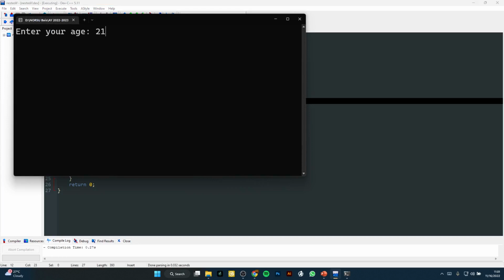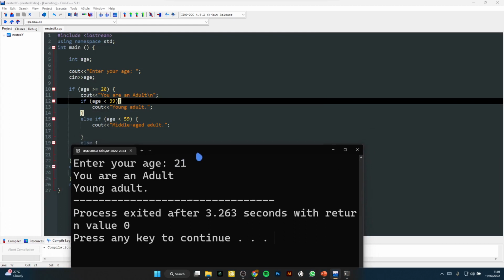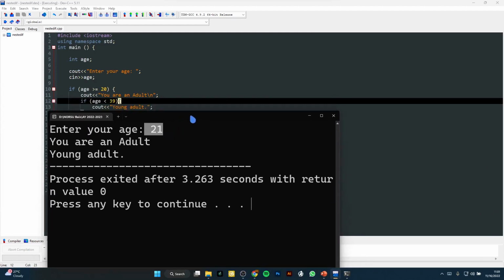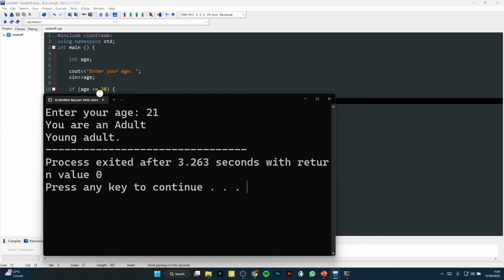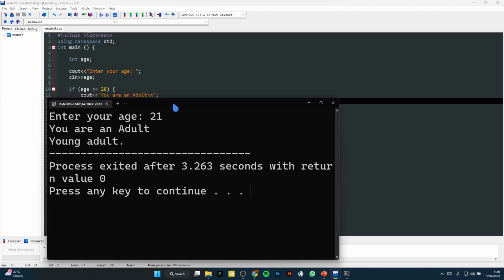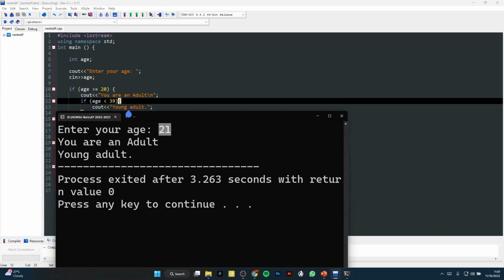Alright. It says here, you are an adult. It says here young adult. Let's test. Our age is 21. Is 21 greater than or equal to 20? True. Yes, sir. And since it's true, it will check the nested if. Let's check. Is 21 less than 39? True. Therefore, it says here,